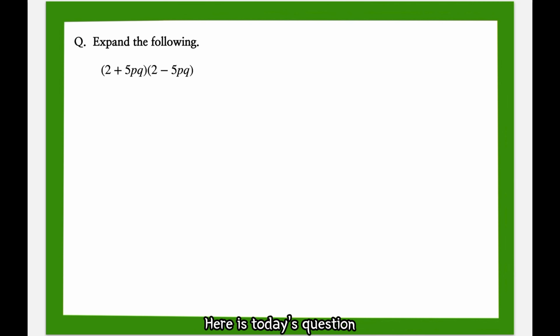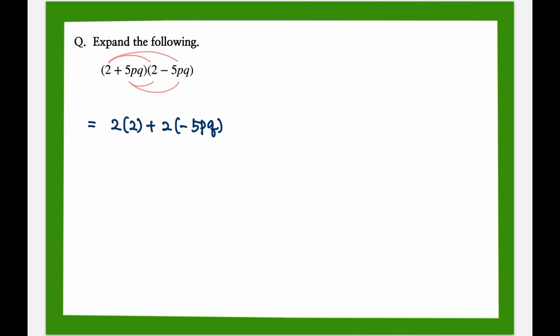Here is today's question. We have to expand the following. Since we're having two brackets, we have to expand 4 times. So let me connect each. Then we could write the expression as 2 times 2 plus 2 times minus 5pq plus